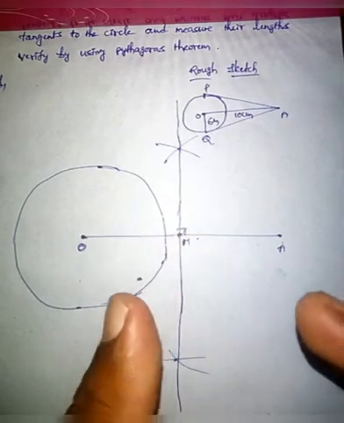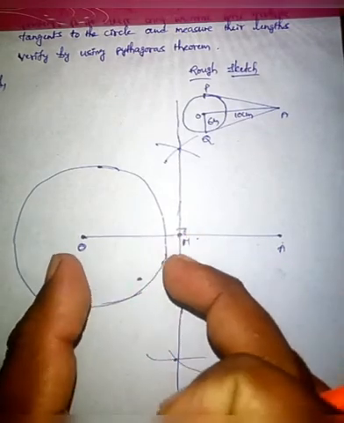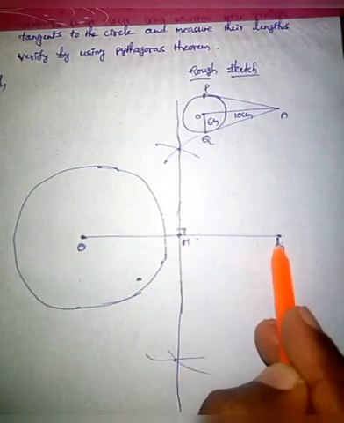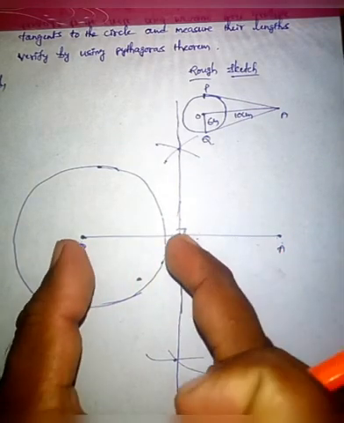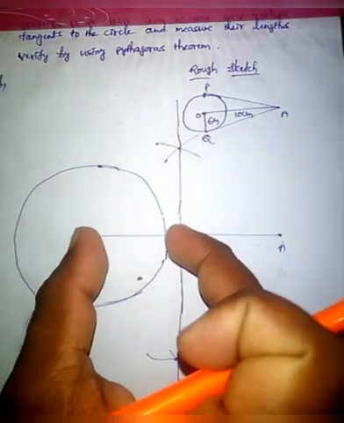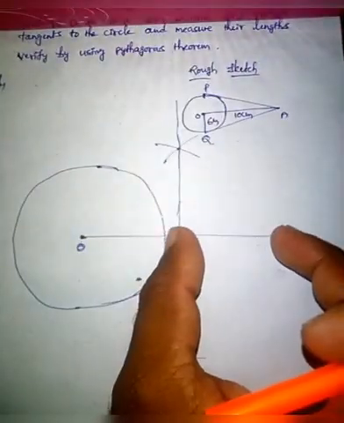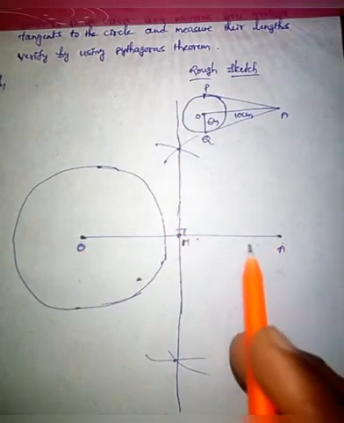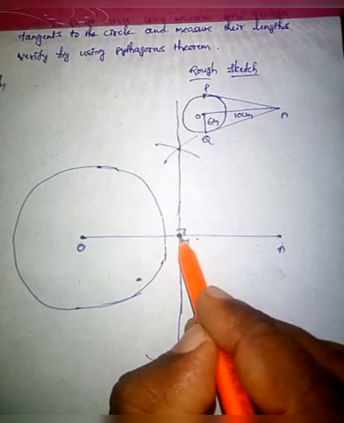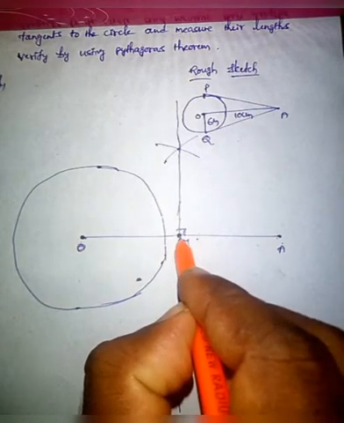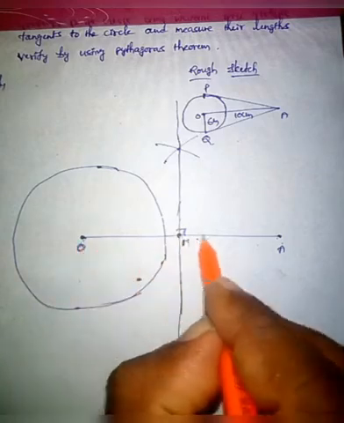So set your compass for the radius O to M or M to A. Okay, so your compass will be set like this, OM as radius or AM as radius. You can select OM radius or AM radius. Okay, now place the compass at point M. That means taking M as center with the OM radius or MA radius,